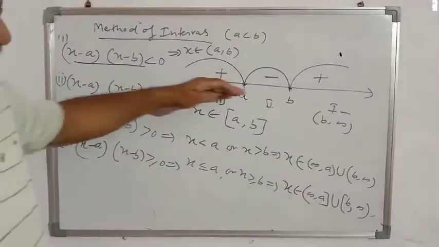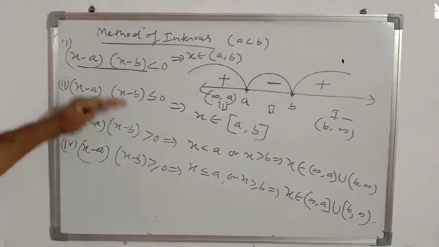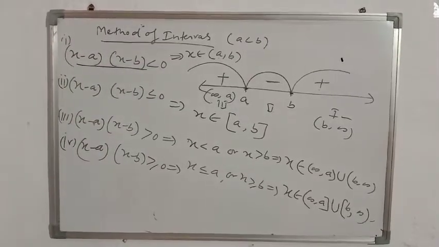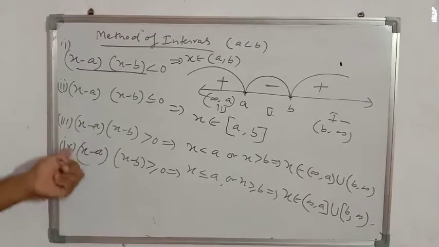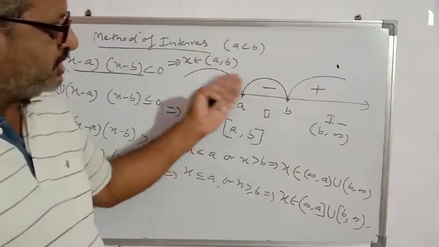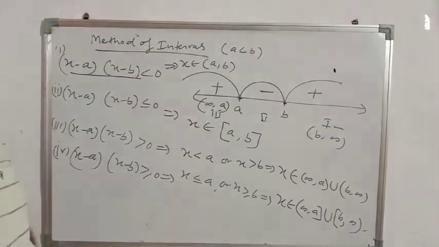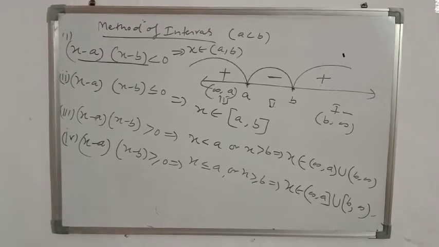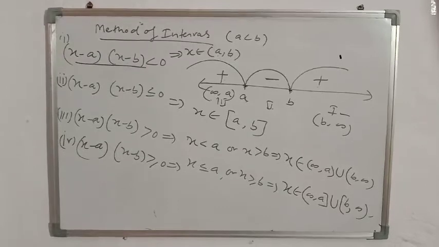So with the help of the method of intervals we can write this result. What will be the value of x if these conditions come in the problem? So no need to remember it. With the help of the number line, the method of intervals, we can say the interval in which x lies. Now we will see some problems from Exercise 2.4.